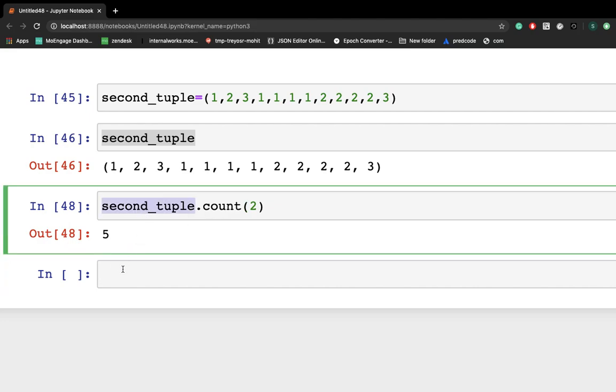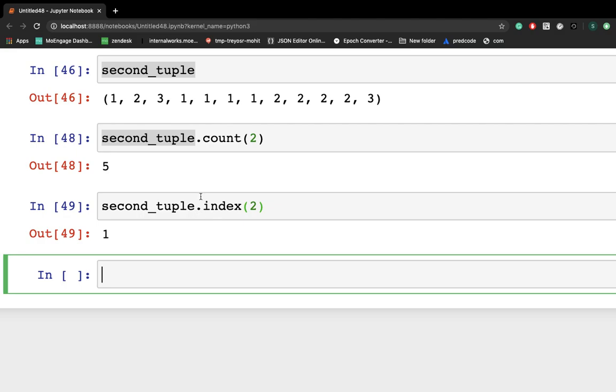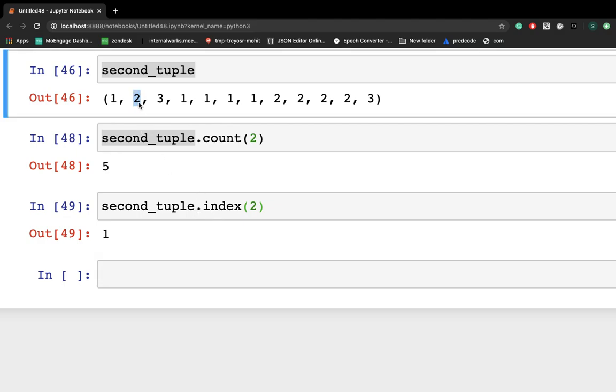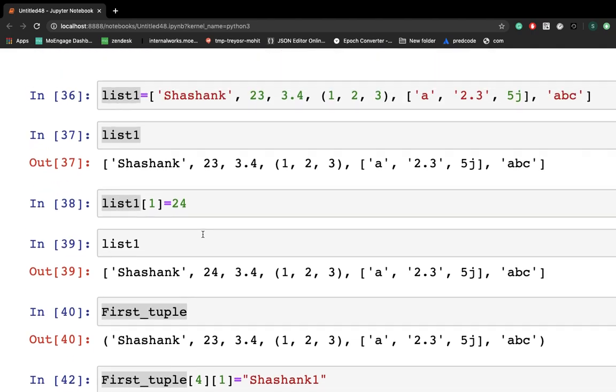Also there is one more method you should know, dot index. Let's check 2. It will return the starting index of this element. So 2 is on the first index, right? So it starts from first. No matter how many 2s after this 2, if you are printing the index of 2, it will return the first occurrence of this particular element, right? So these are the concepts around this data type.